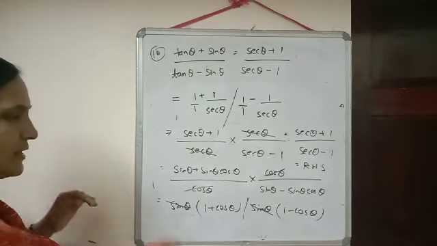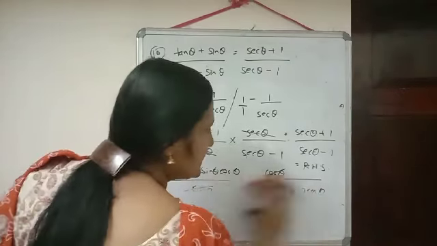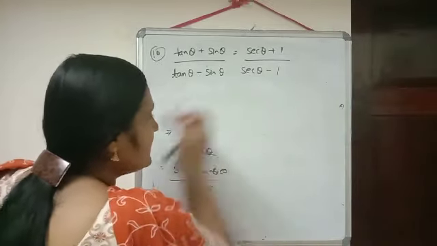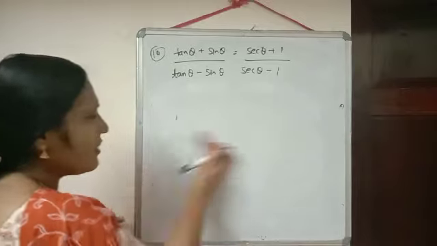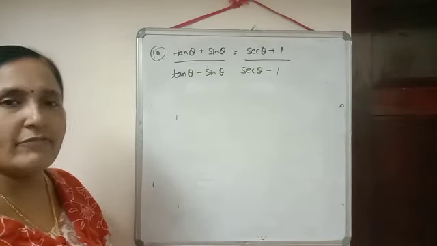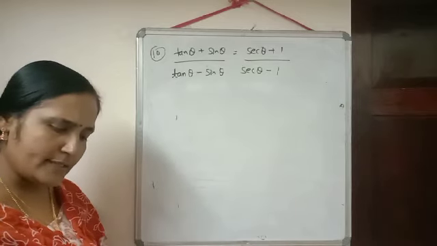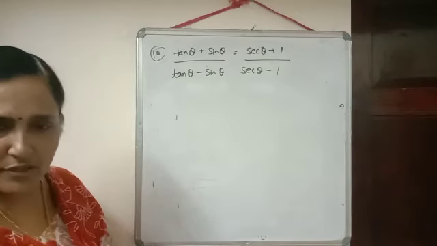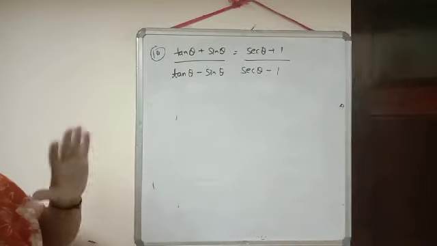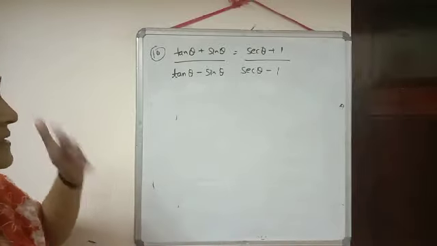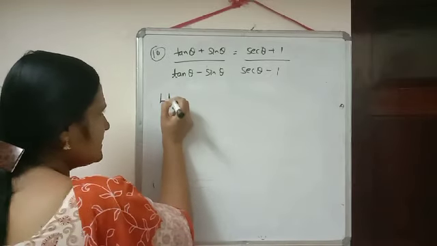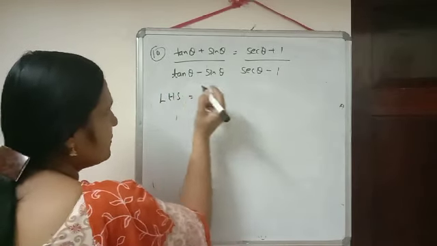Now I am going to explain how you can do the same question by another method. This is an easy method you can use if you are confident in the concept of trigonometry: all the formulas, all reciprocals, which trigonometric ratio is the reciprocal of which one, what is sine by cos, everything. If it is clear, then you can make this calculation easier. Now just write down the left hand side as we wrote.